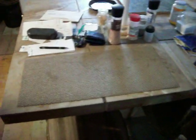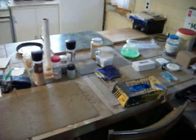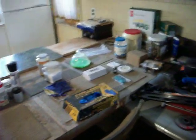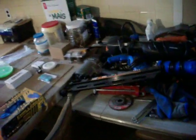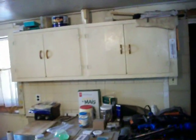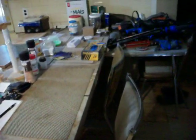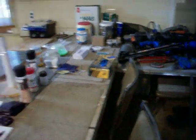I'm going to call it an island. I've called it an island ever since I made it. It's not really an island, it's an eat-in kitchen counter. The original cabinet was that big. That was up against the wall underneath that set of cupboards. So I turned it out 90 degrees, put a wide top on it, and now you got